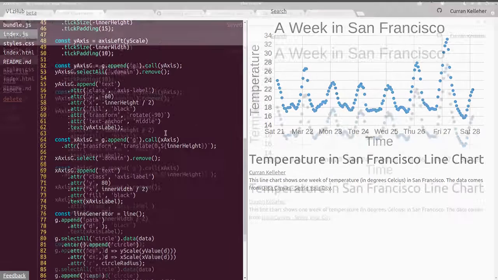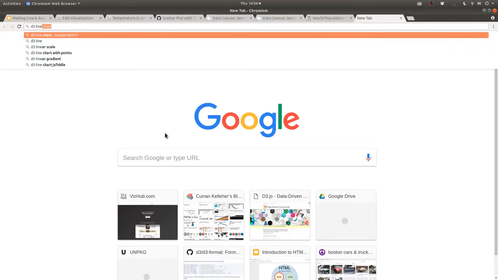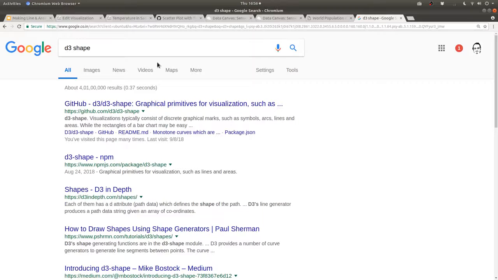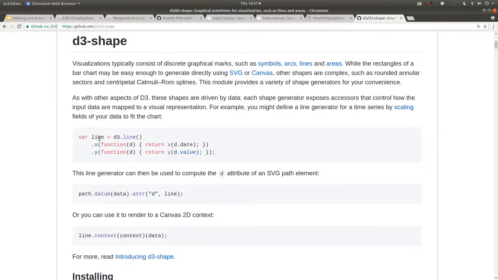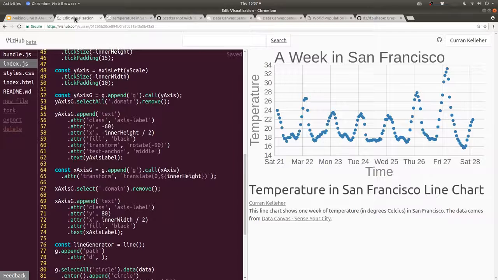And this is where I always need to consult the documentation for D3 line. It's defined in the D3 shape package. So yeah, if you scroll down, I think the first thing you see is a usage of d3.line. And this is how we need to use it. We say line and say what the x and y functions are. So back in our code,